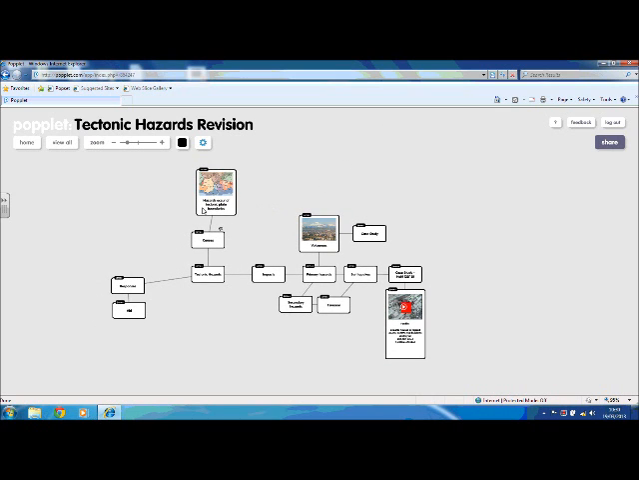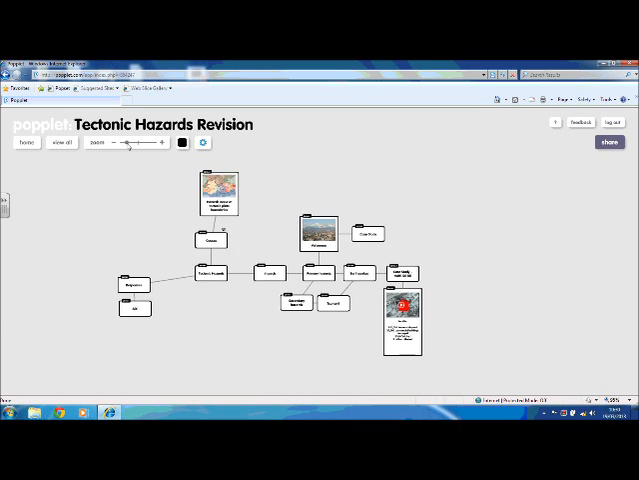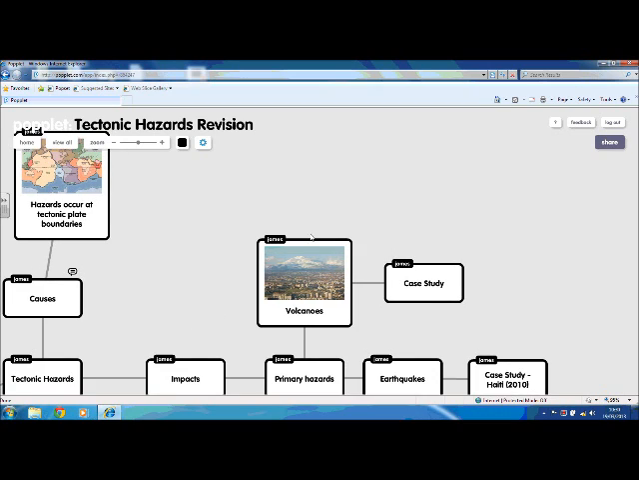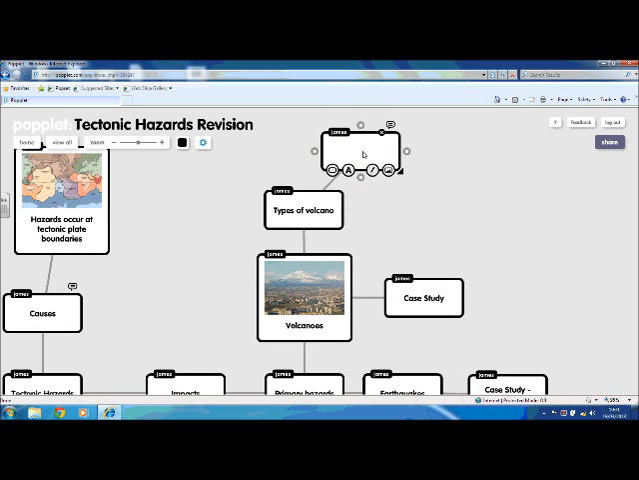So in terms of how I go about adding to my Poplet, as you can see already, I've created a series of boxes. Something else that I might want to add to this box is volcanoes. I drag out the little line here to make a new Poplet, and I can write something in the box. So for these volcanoes I might want to look at types of volcano, and then I might want to drag out from here a further box which might look at